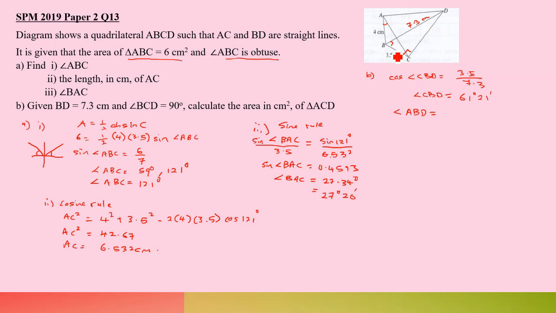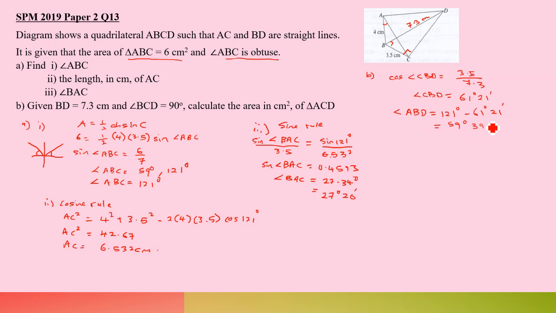So the area of the whole thing minus the area of ABC will give you the area ACD. So what is the angle ABD? It will be 121 degrees minus 61 degrees 21 minutes. When you subtract this, we have 59 degrees and 39